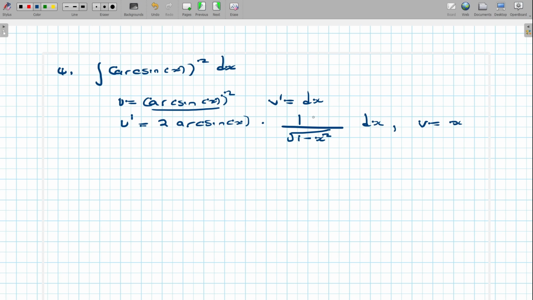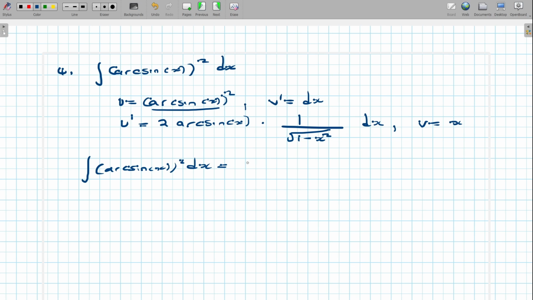So I was just maybe cutting down on the amount of writing I was doing, right? So this is what we have. What we're going to do is write everything. Of course, I did not write the formula here, but we've written it 2 times, and I'm sure that everything is okay. And so the integral of the function arc sine of x squared dx